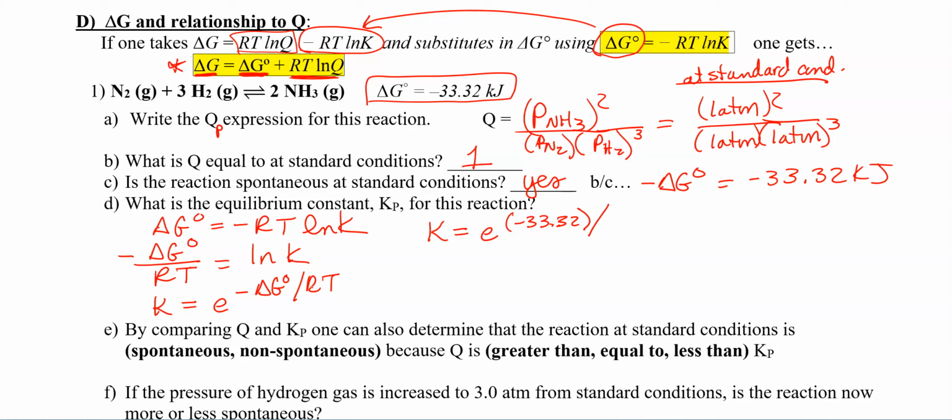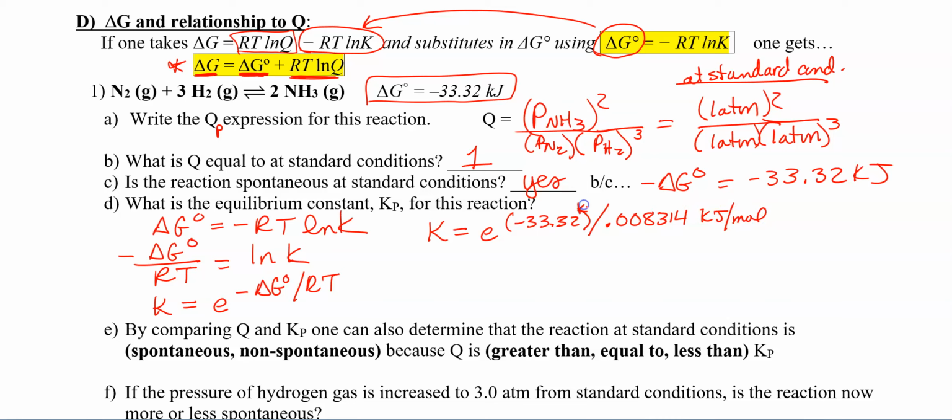So we need to use the 8.31 that's in joules per Kelvin. I'm going to change that 8.31 to be in kilojoules, so 0.00831